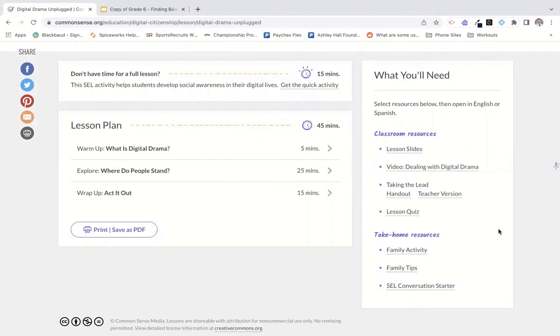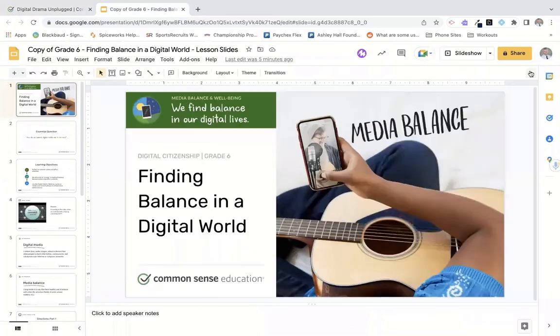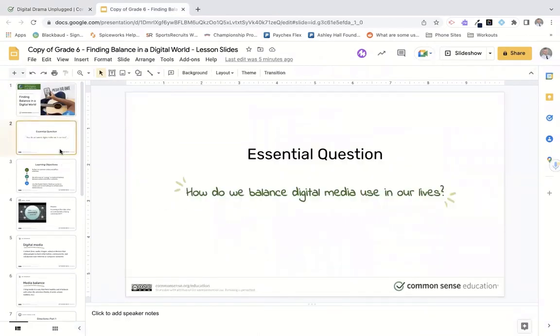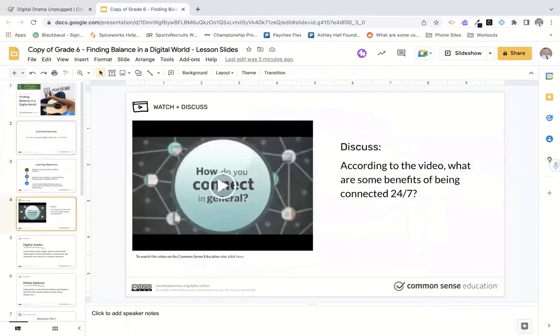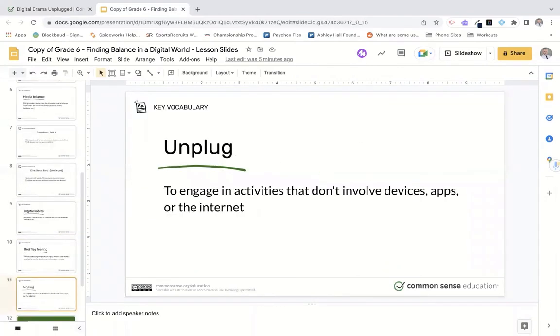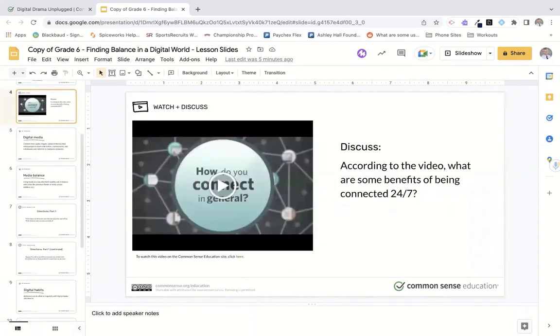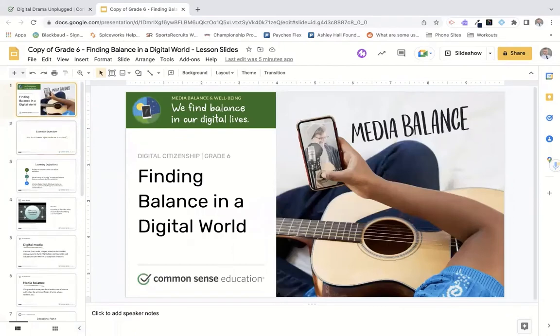So I did that on one of these slides. I opened up a grade 6 finding balance activity. And this is a quick overview of the slides, right? So your essential question through your objectives, all the way through the vocabulary and the lesson as it was described on the website, but it's all built out for me. But knowing that a lot of this is more difficult conversation that you want full student participation, a tool like